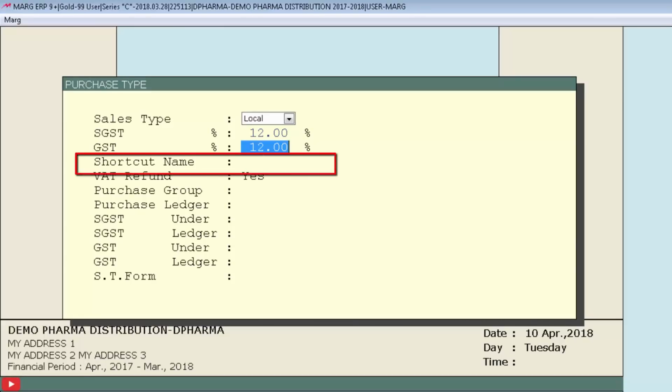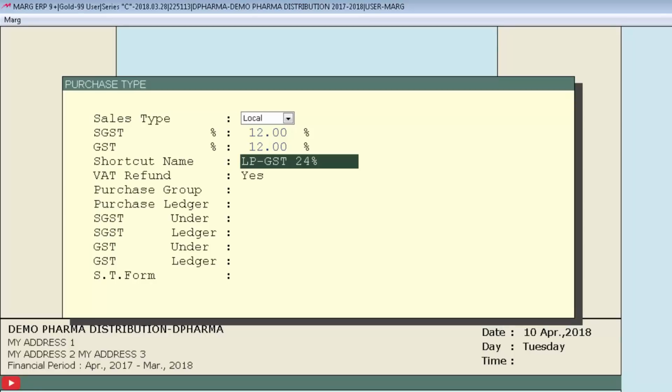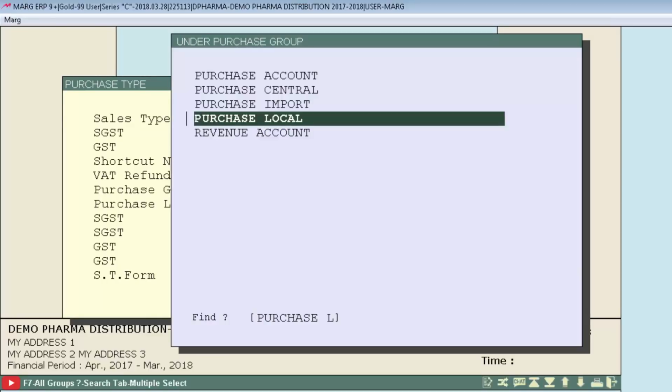Then is the shortcut name. This is also picked by the software automatically, and if you want to change it, you can. And as you press enter after the shortcut name field, an under purchase group window will appear in front of you, from where you will select the purchase group. So now we are creating a purchase type for local. So we will take here purchase local.